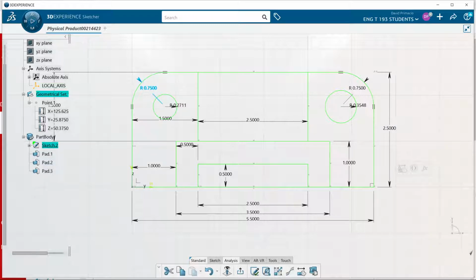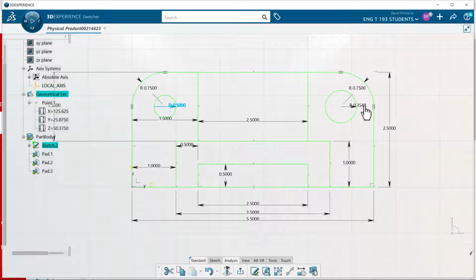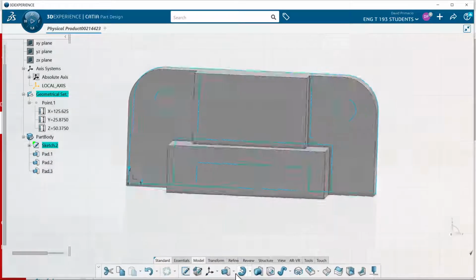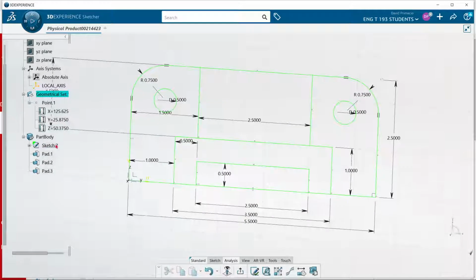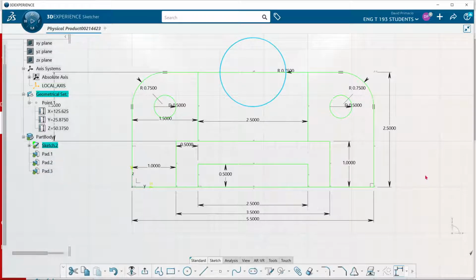What? I must have grabbed the wrong one there. Diameter of 1/2 inch. Half-inch diameter. Exit out. Oh, and we're missing, I need that relief here. So what I can do, back to circle, create a circle right here in the center. That's a 0.75 radius. I'll just type in 0.75. It's green, it's already locked it up to that line, and it's holding that symmetry for me. So I'll exit out,